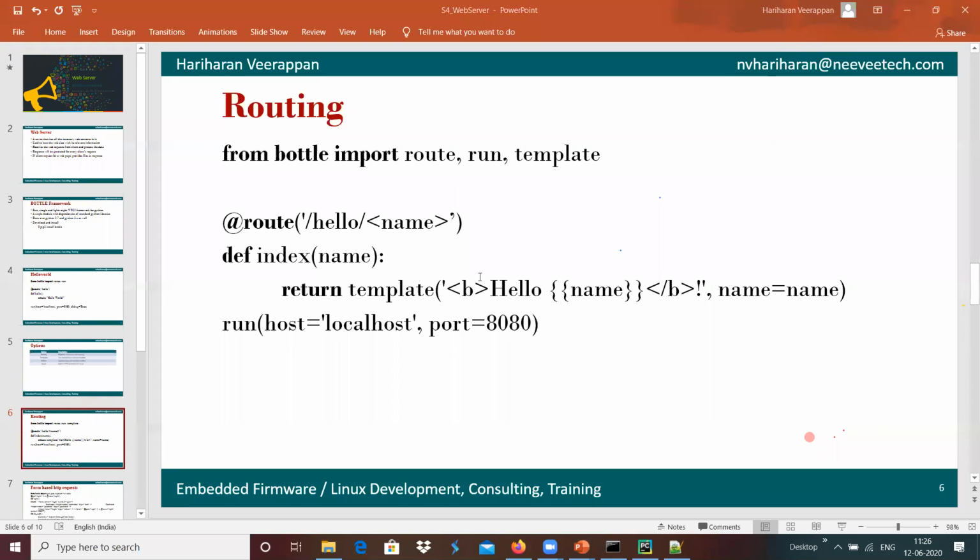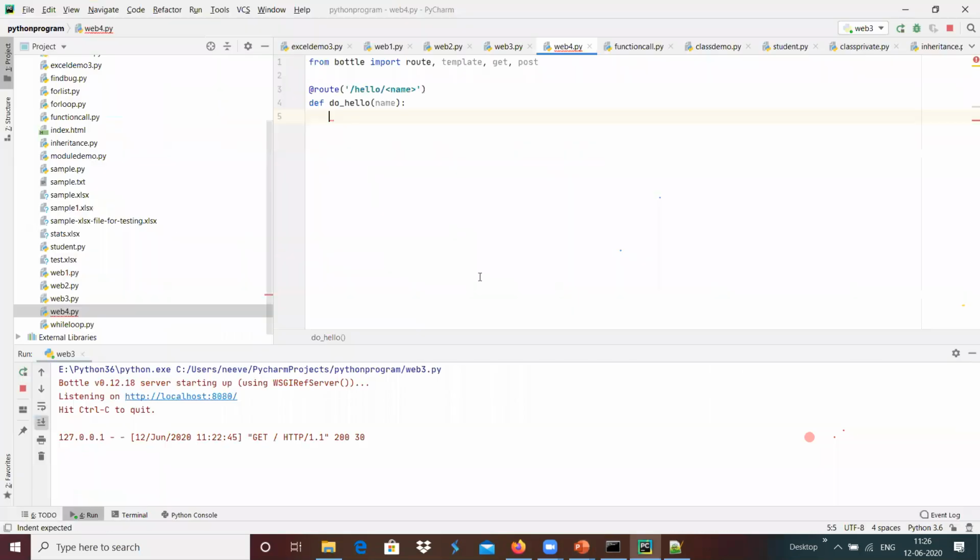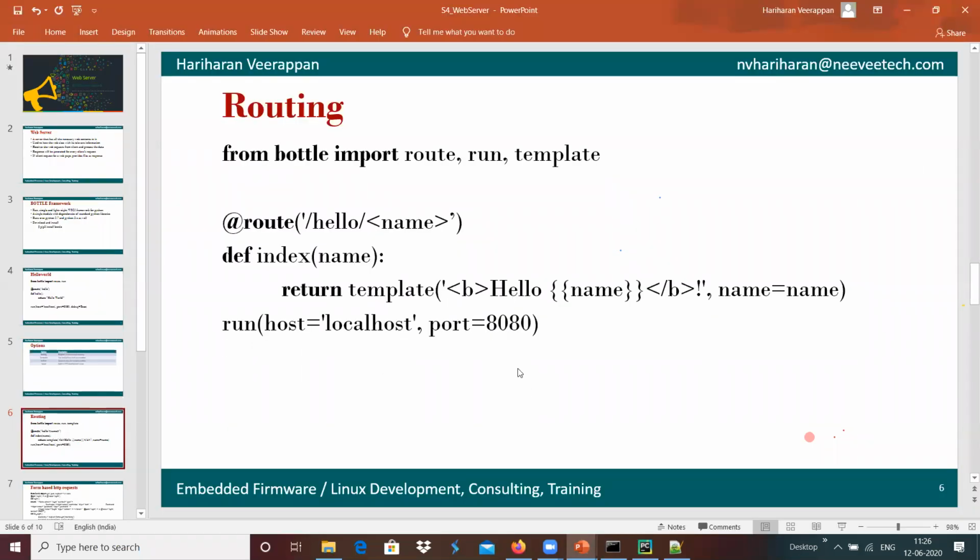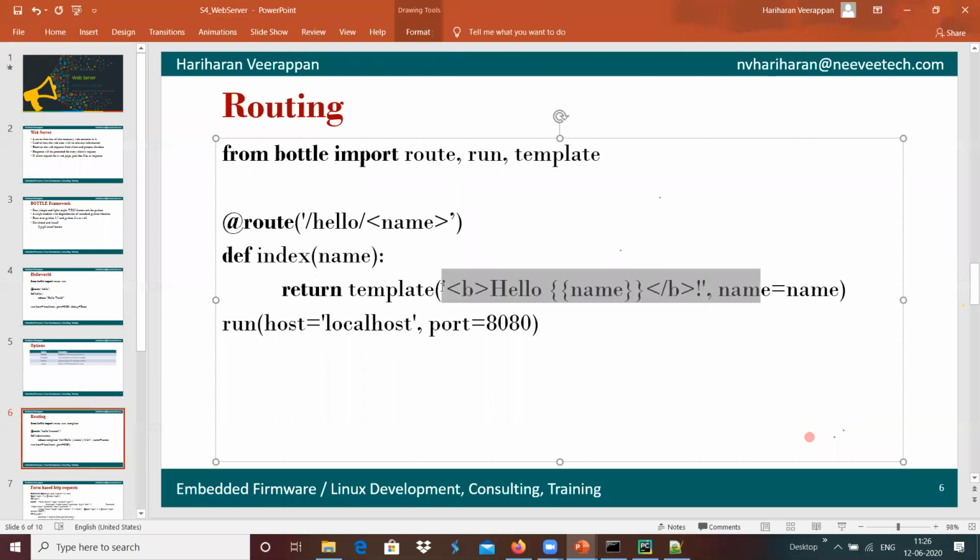Return of template, and we have the name equals name over here.